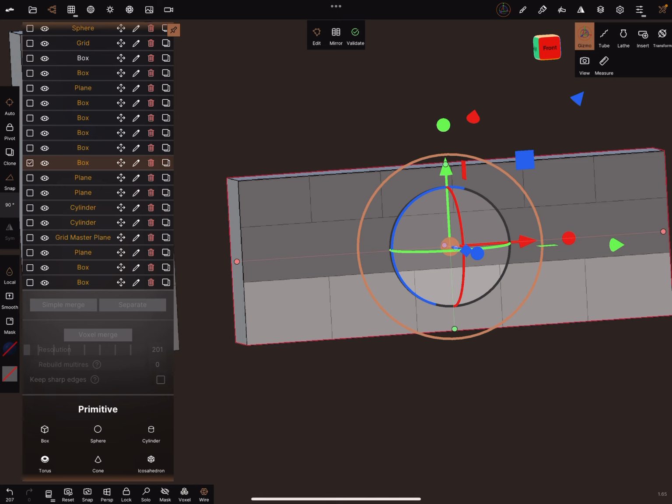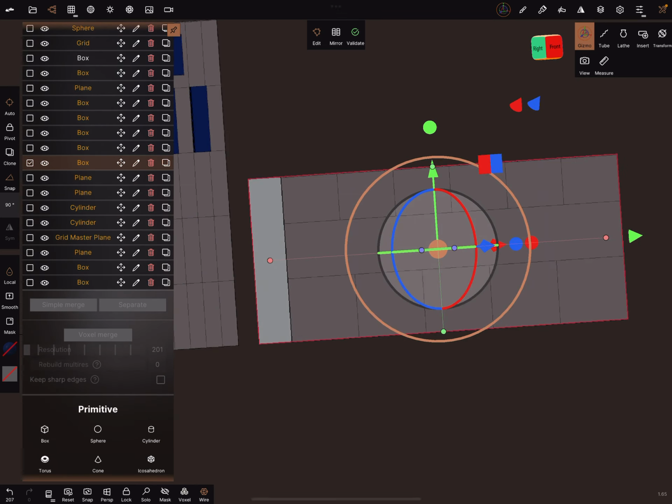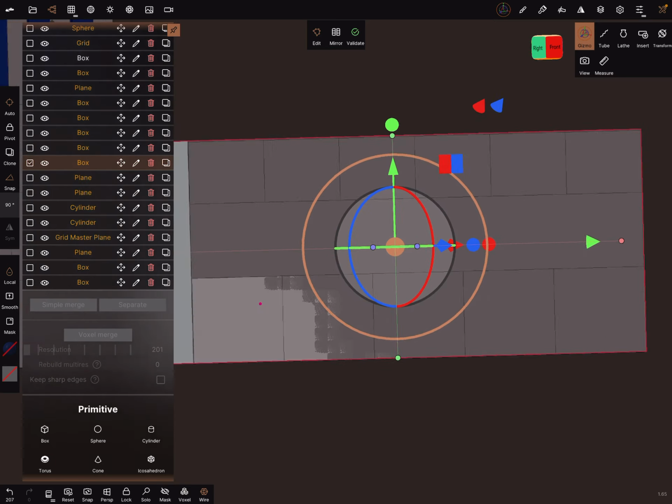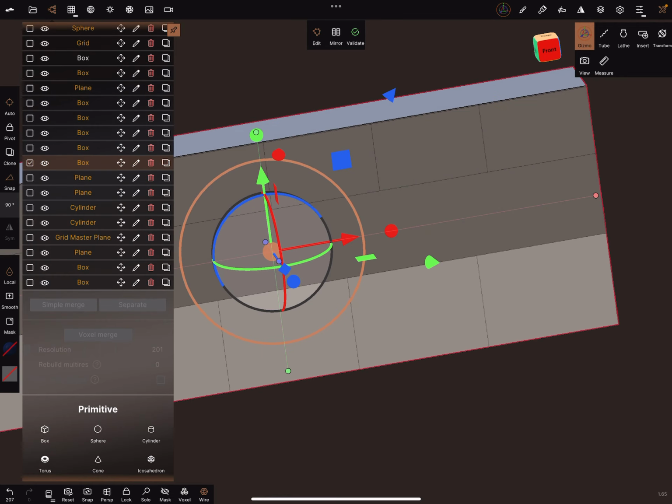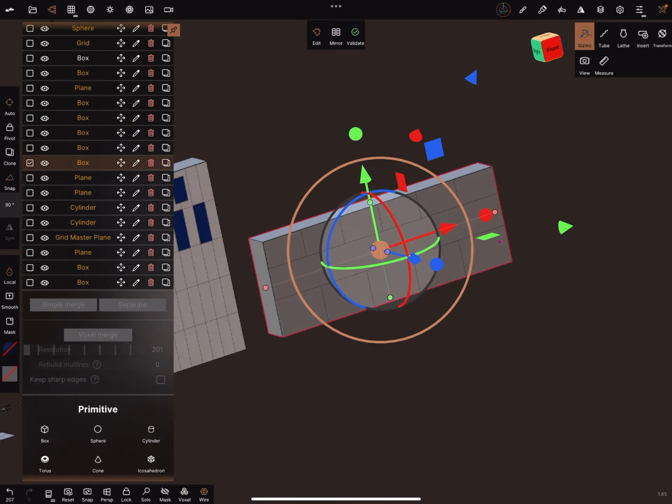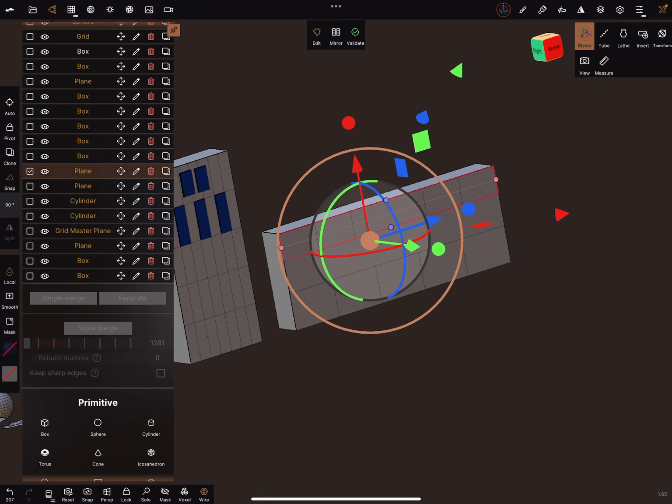Sometimes you can use also two grids. I have to find the right grid. I think it's one of this.